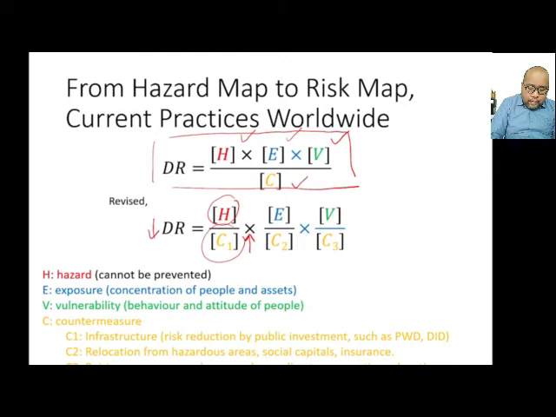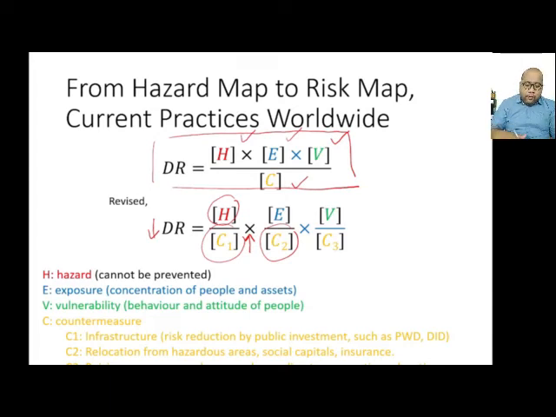If we have the countermeasure, we try to reallocate those people from the hazard areas. For example, we try to move them to a higher area, and then probably they buy some insurance. Okay, if they have insurance, probably if a flood occurs, the insurance will cover their